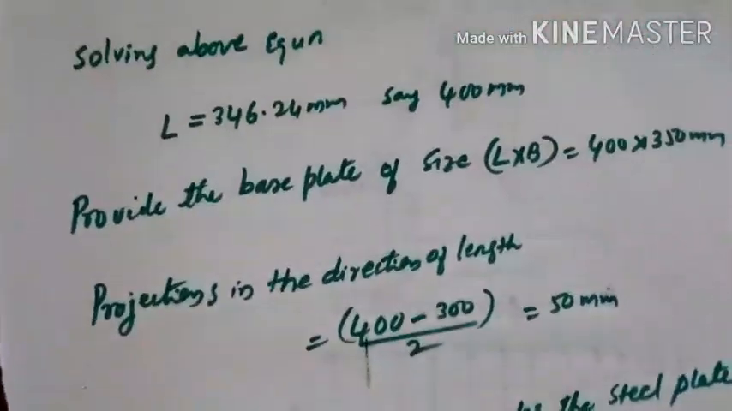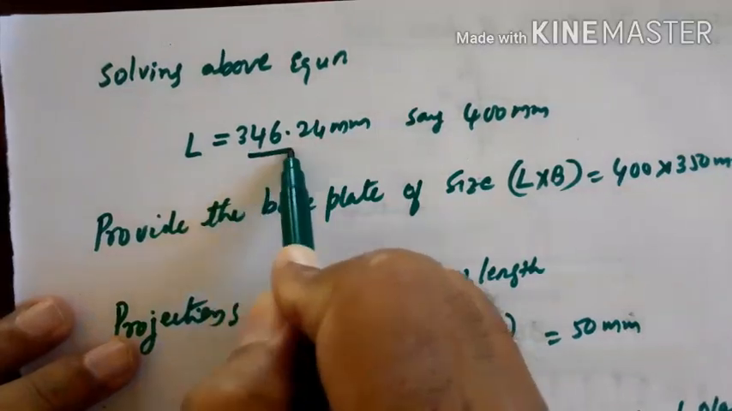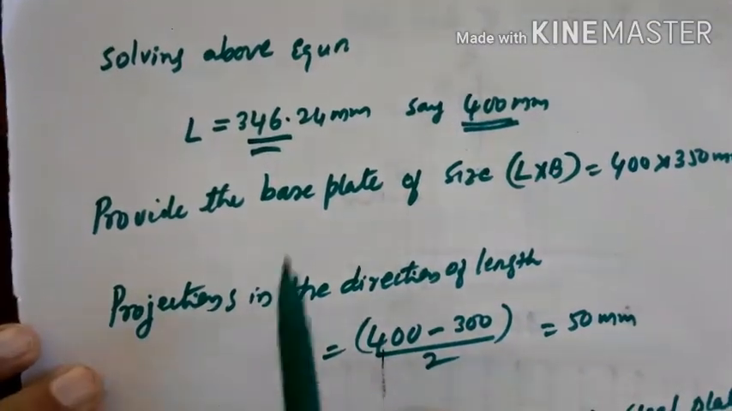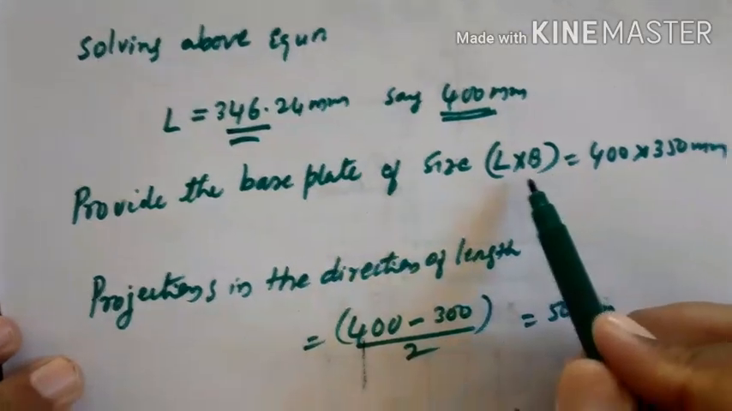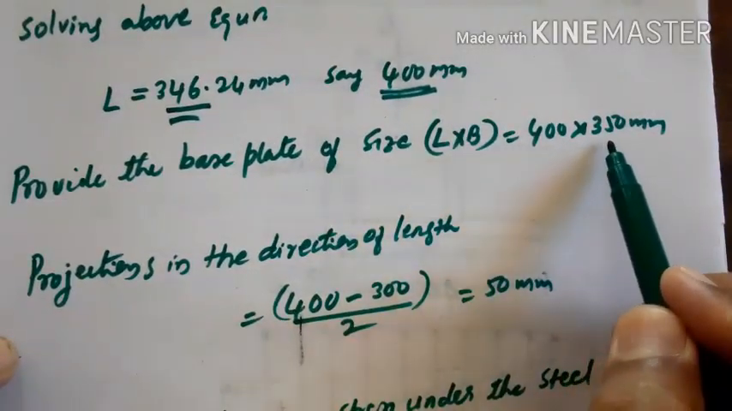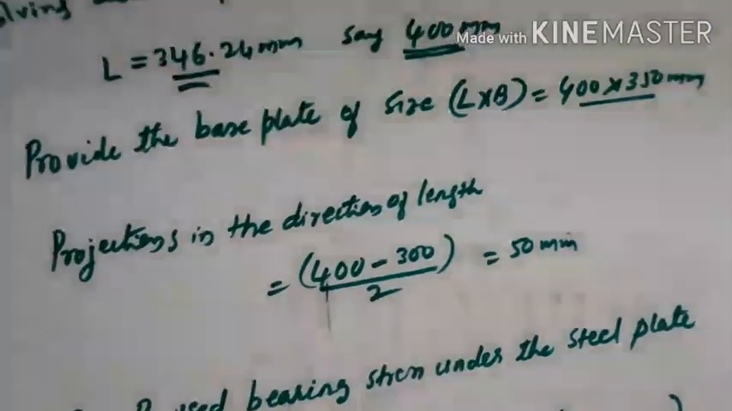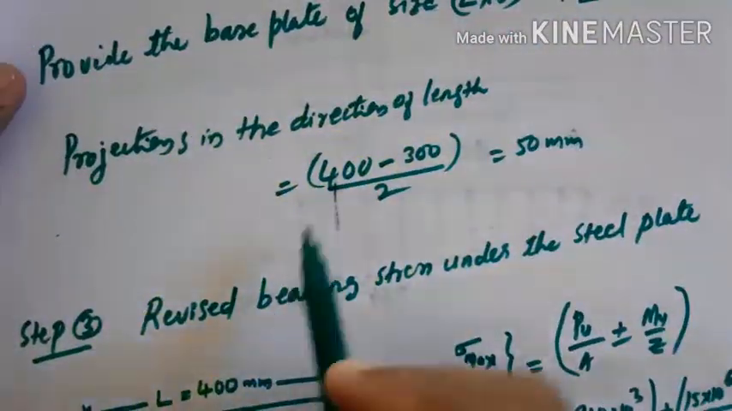Then next, solving the above equation, we get length as this much. Let us say length as 400 millimeter. Then provide a base plate of size L into B equal to 400 into 350. We get this one. Then after getting this, let us calculate the projections on both sides,